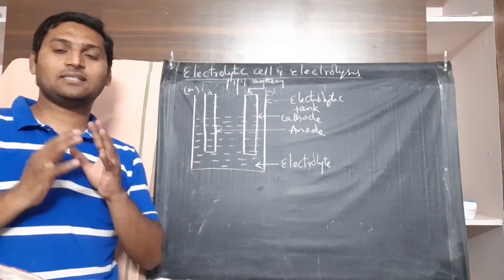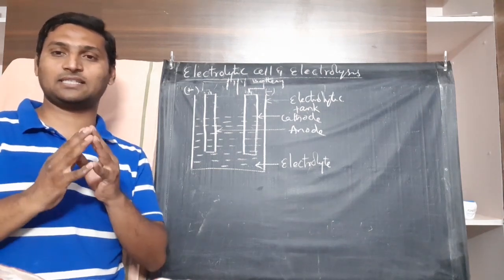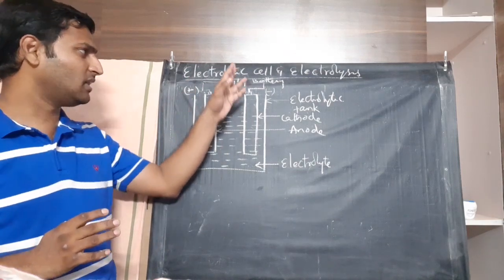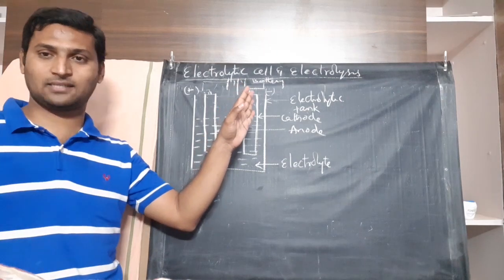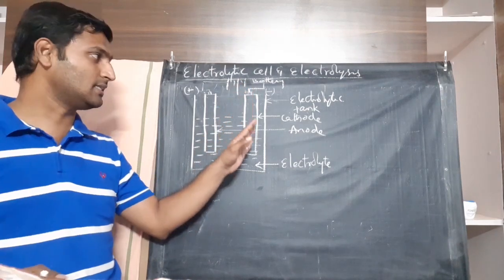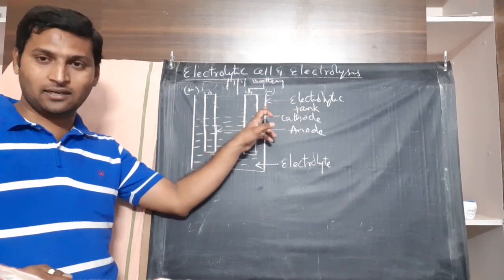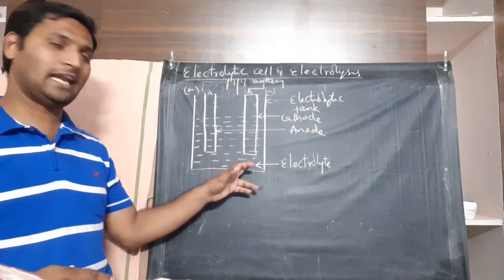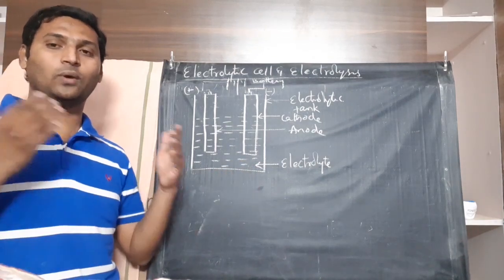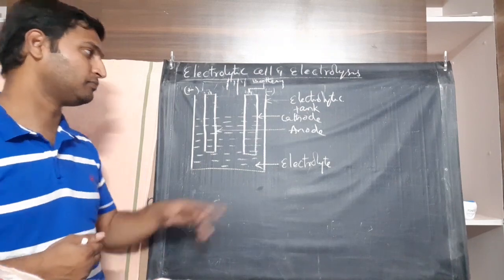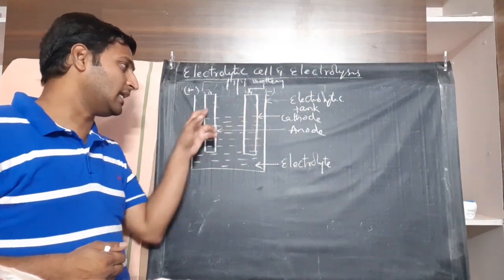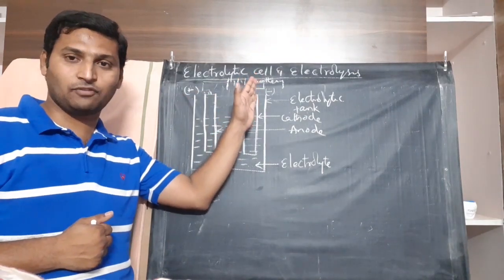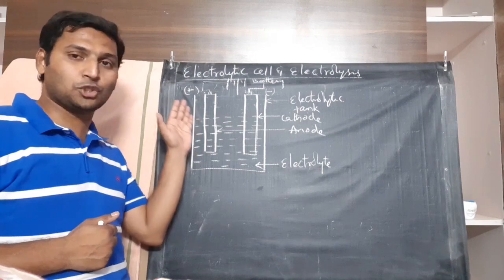Now, how does the electrolysis process occur exactly? How do you explain each of these components? I think about the battery, there is nothing to understand, it is a series of galvanic cells. And then the electrolytic tank is a vessel made of non-conducting material, I have told you already. Electrolyte, we know is an acid, base or salt, whether in molten state or aqueous solution. Now the only thing you need to understand clearly is about electrodes. One is the cathode attached to the negative terminal of the battery. The other one is the anode attached to the positive terminal of the battery.